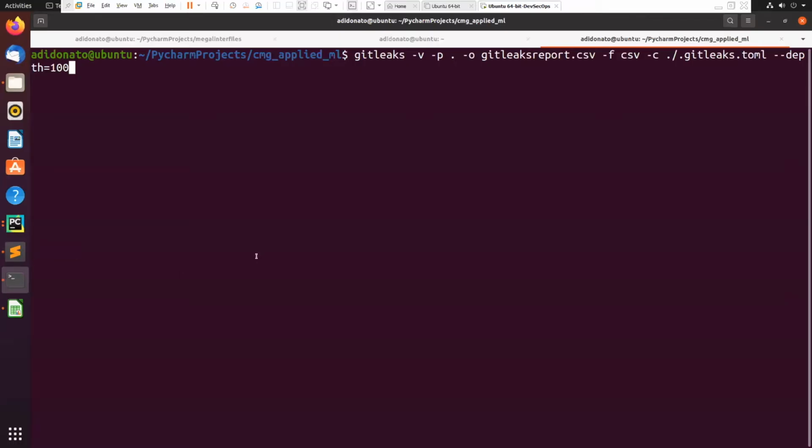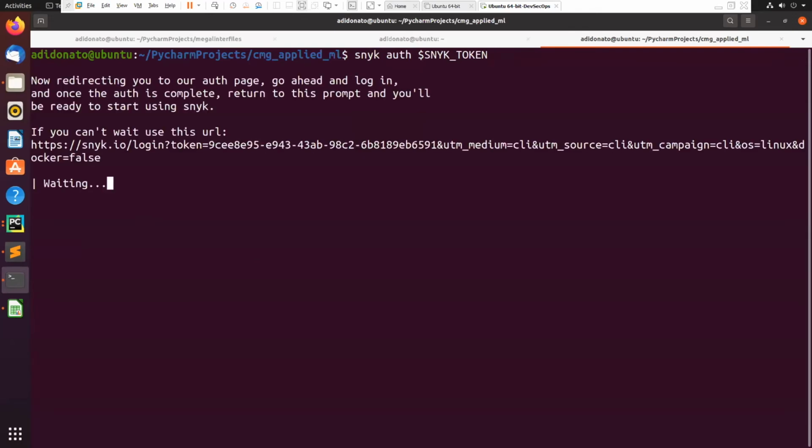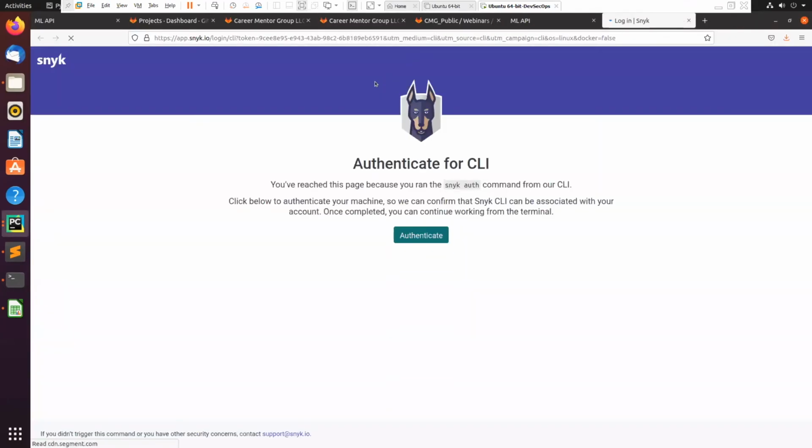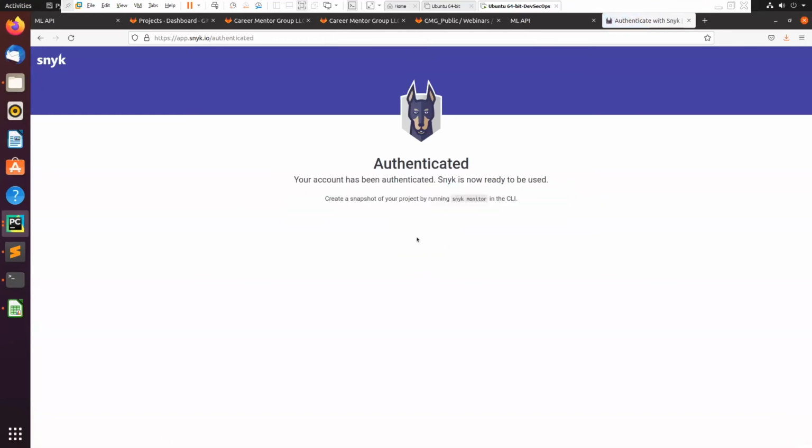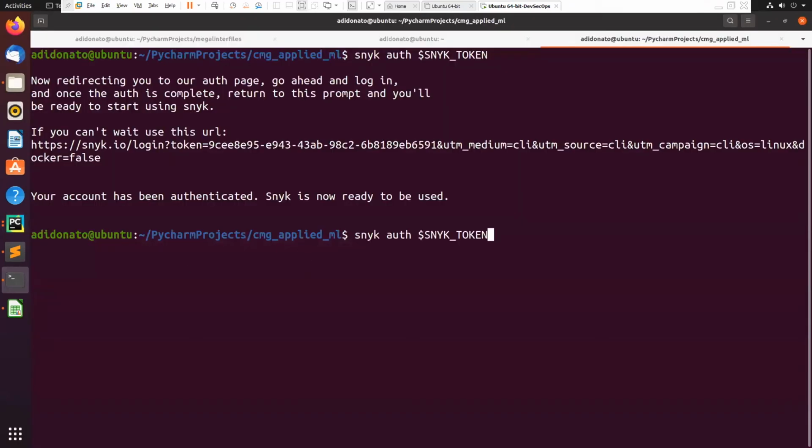So the next one that we would do is take a look at the container scan. Snyk CLI is a tool that's pretty widely used for scanning for containers or scanning for dependencies. So here, in order to do that, I had to create an API token, an access token with Snyk, so that I could authenticate. So when I run this, it's going to try to authenticate to Snyk and tell me it either did or did not. Here, it prompts me to authenticate so they can generate a token. The reason that it prompted me here is because I didn't have that environment variable set. So now if I try to authenticate,